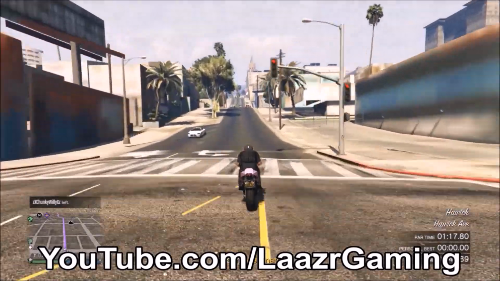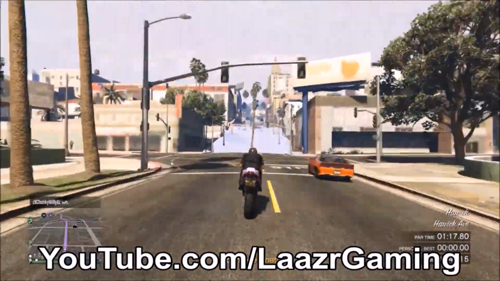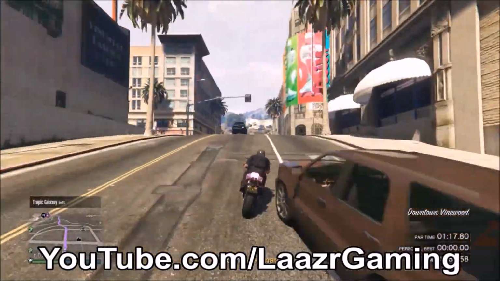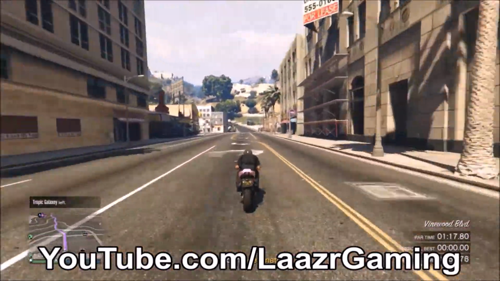It is extremely easy. As you guys can see, the road is all glitching out for me. I'm popping wheelies, and this is next gen. What is going on, Rockstar? I don't know. However, you just want to do as I'm doing on screen, keep popping as many wheelies as you can